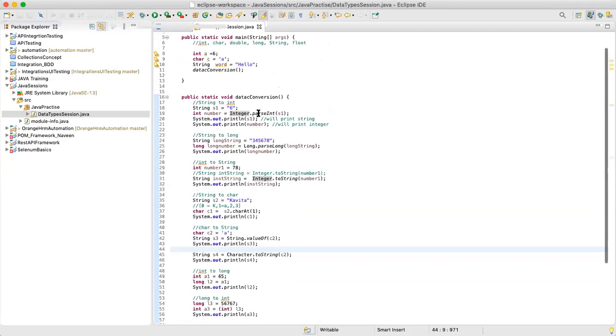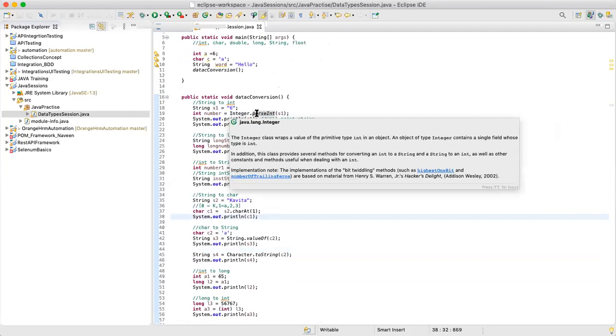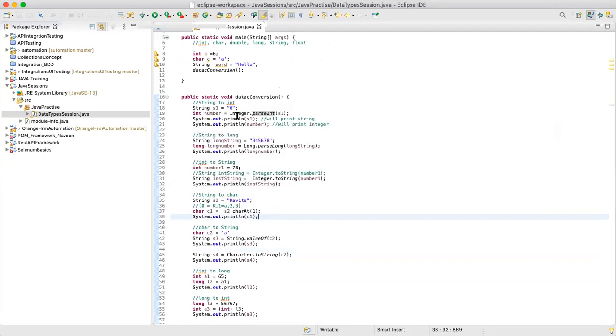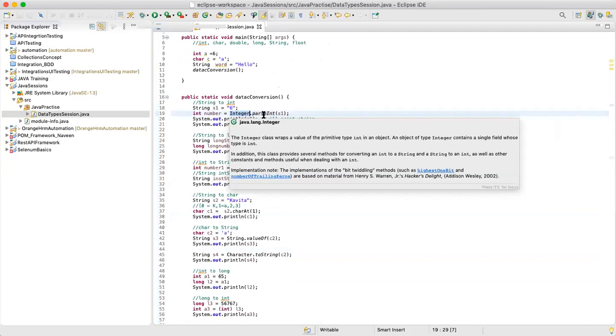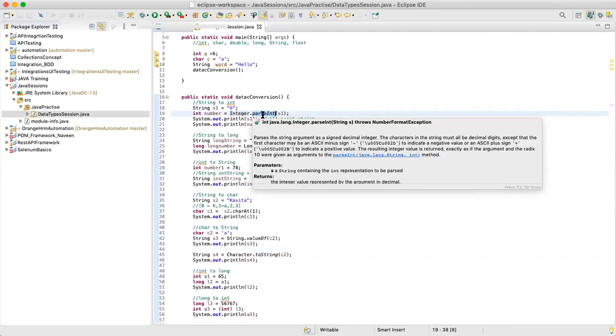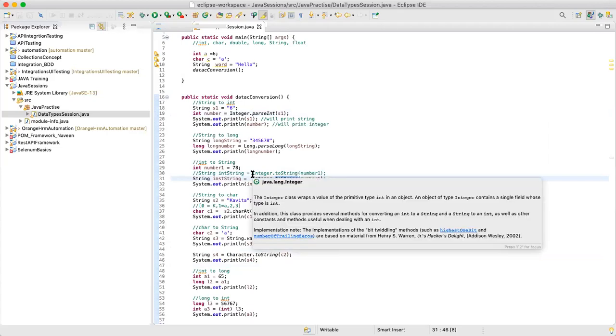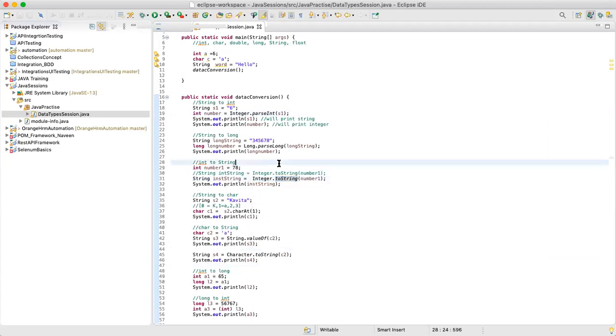But when we are dealing with string, we have an inbuilt method, Integer.parseInt. If you want to convert from string to integer, you simply use the Integer class and the method parseInt. The same goes for integer to string, Integer.toString. These are the methods which deal with string.